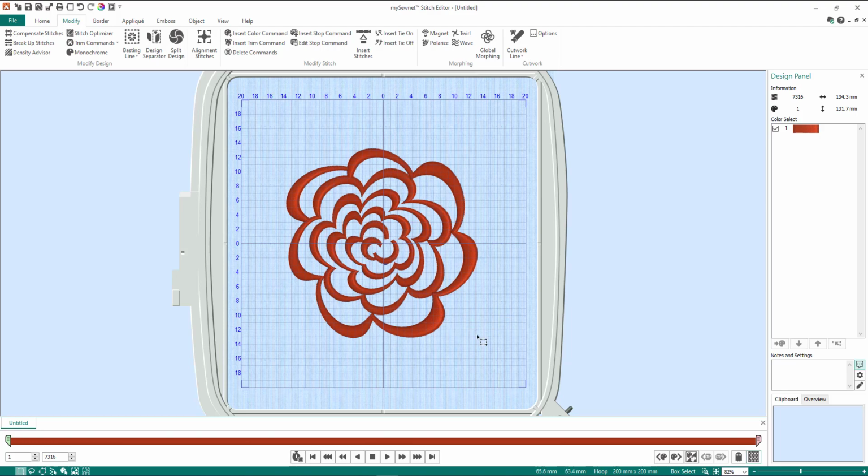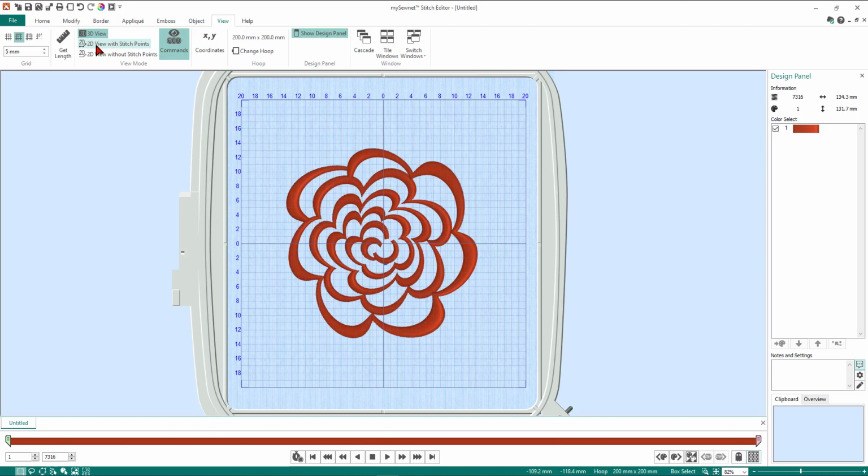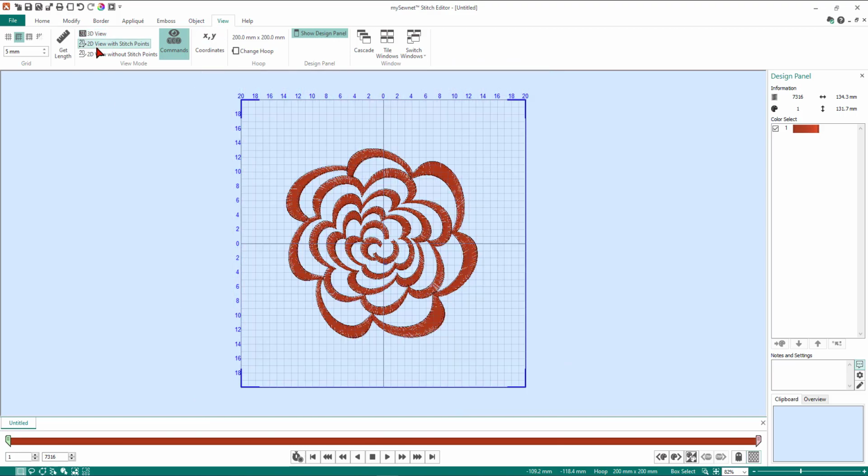So what we're going to do now is we're going to add the applique to this design. So we're going to first of all put it into 2D mode so it's easier to see my stitch points. So I'm going to come up to view, and I'm going to go 2D view with stitch points. So now I'll be able to see where the stitch points are, and you'll see that shortly when I zoom in. So now we're going to select the border tab,